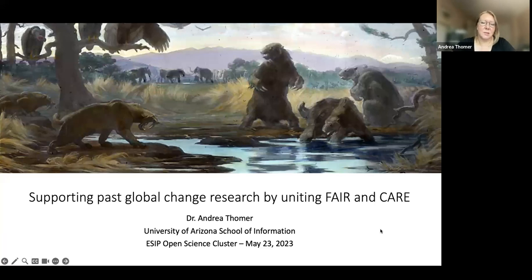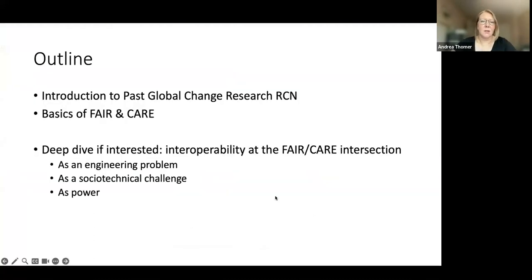And I'm really glad to be able to take it to this cluster and to ESIP in general, because I do think it's really relevant to discussions about open science. The whole funding call was really about supporting open science, but by focusing on the CARE principles as well as FAIR, and if people don't know what CARE are, I'll get into those a little bit. I think it's a really important bit of nuance to discussions about open science that I don't always see in the hard sciences. So I'm going to start by just giving a brief introduction to what this project is and